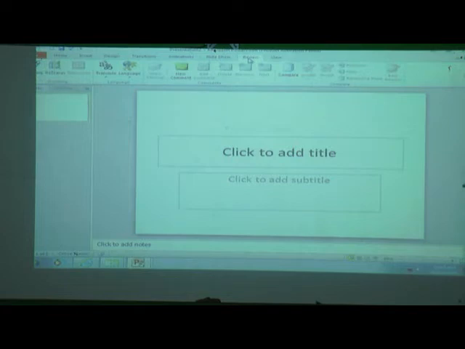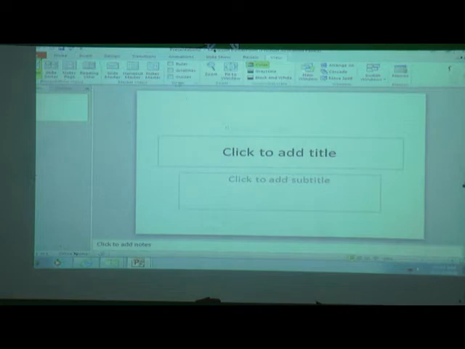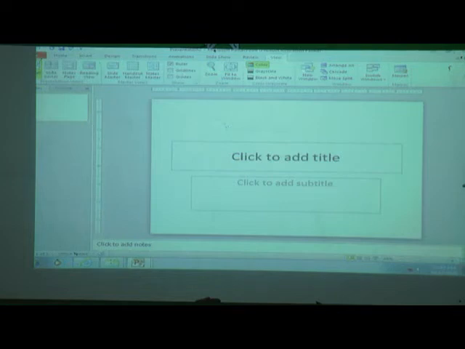Next one, Review, and last one, View. These are in the menu bar, but here it is not a menu bar. Why? Because menu bar and toolbar all together are called the ribbon.